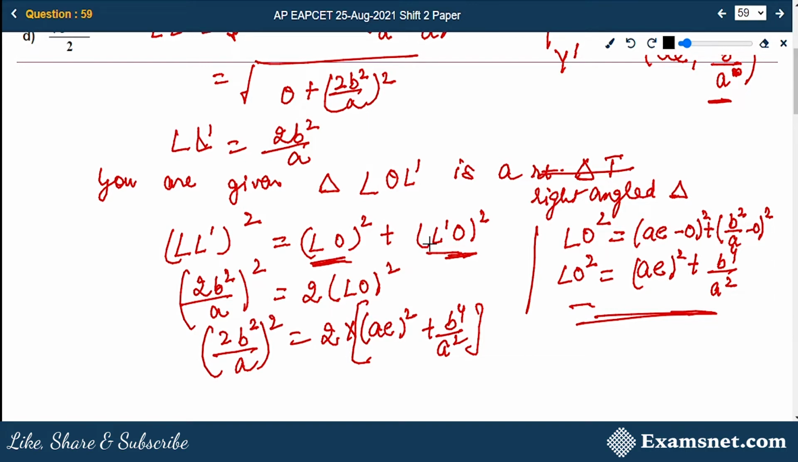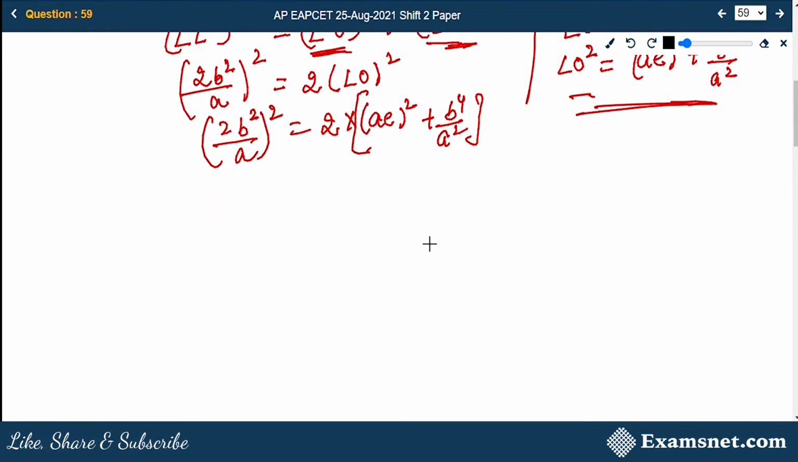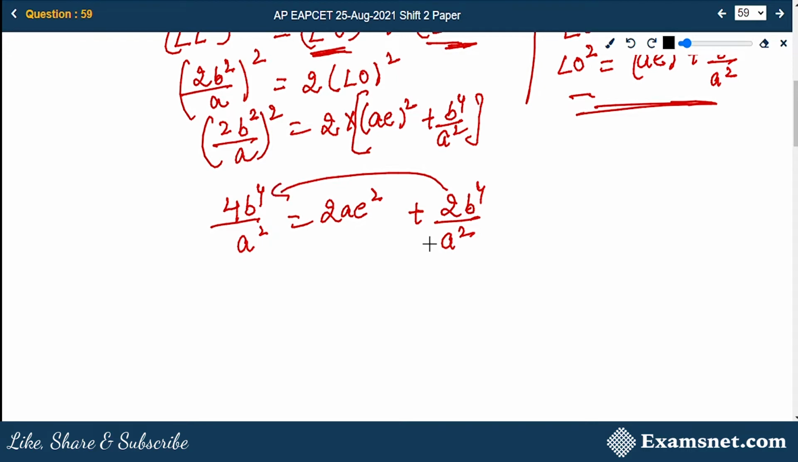Right? Let's solve it further. 4b raised to power 4 upon a square is equal to 2ae square plus 2b raised to power 4 upon a square. So I'll take this on this side. This will be 2b raised to power 4 upon a square is equal to 2ae square. This will get cancelled. So you will have b raised to power 4 is equal to a raised to power 4 into e square,